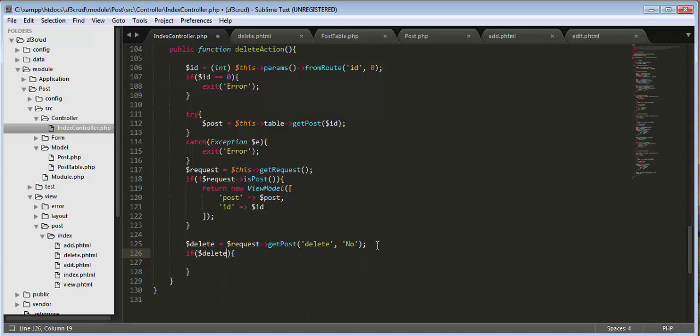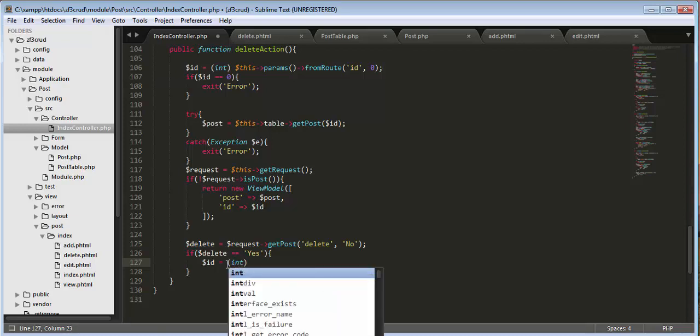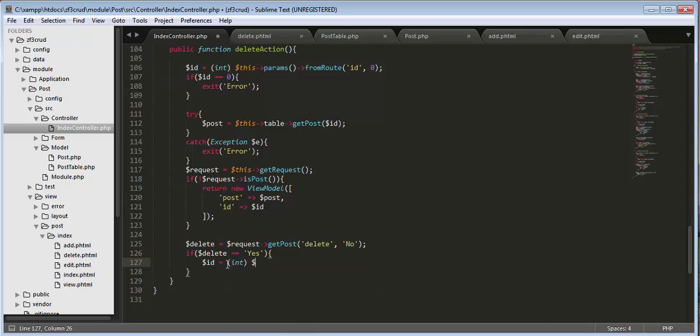Okay, if the user clicks on the yes button, then I will get the ID, post get ID. Okay, I will get the ID,